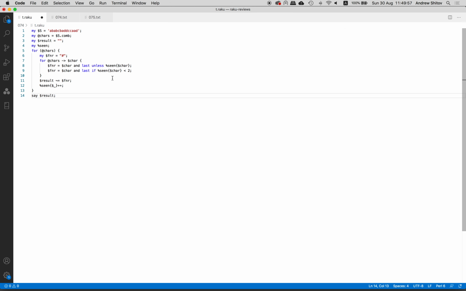Maybe I can just use the same string because we know the result for that string already, right? Right. So we split into characters and the result, the seen hash, everything is good. Right. So for all the characters in the string, that's the simplest way to iterate over the string, even like this, right? That's what you have to do in Raku. By the way, why can't you do it like this, right? So for all the characters, the result for the worst case, and for the characters again, if so, we scan it again inside the cycle, and